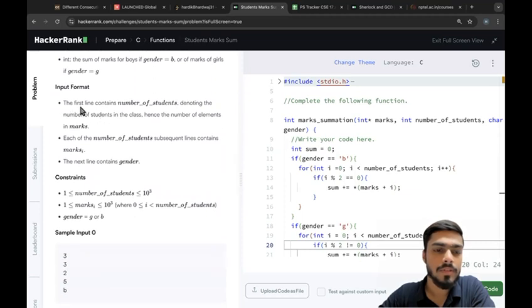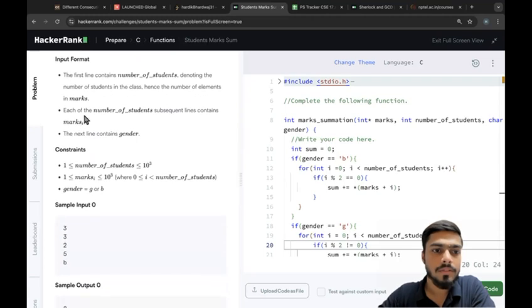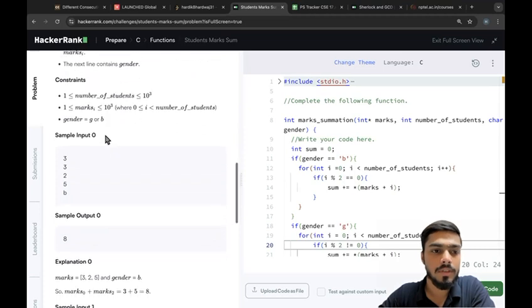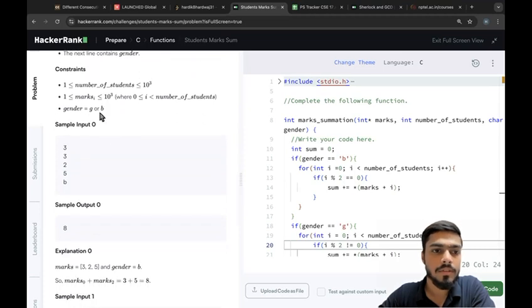Input format: the first line contains the number of students, denoting the number of students in a class, hence the number of elements in marks. Each of the number-of-students subsequent lines contains marks[i]. The next line contains gender. Constraints: the number of students should be between 1 and 10 to the power 3, that is 1000, and the same for marks, between 1 and 10 to the power 3, and gender is either girl or boy,